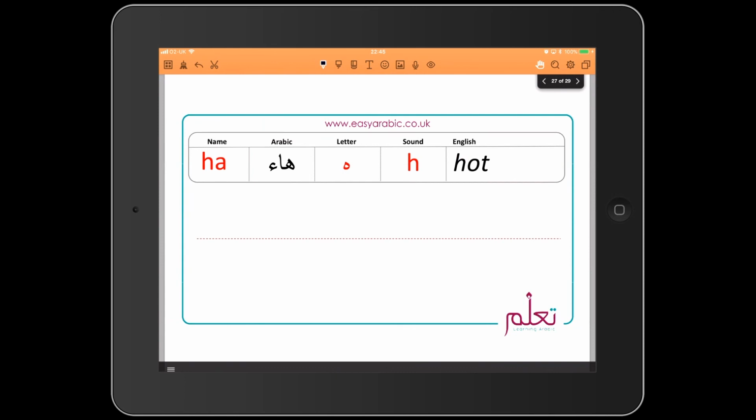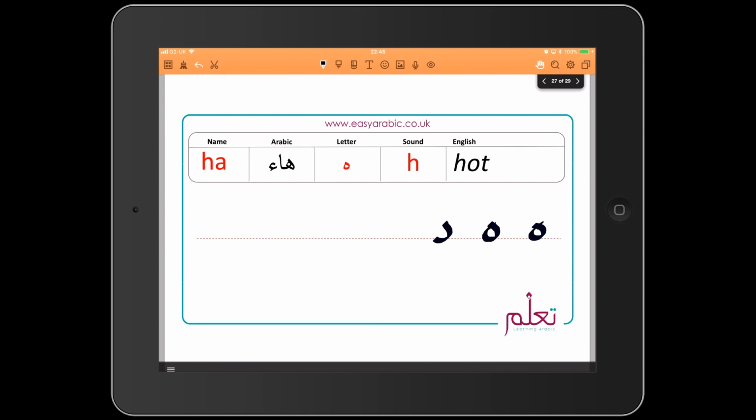The next one is the letter ha, and now this is not as harsh as the ha that we did earlier on, and the writing of this is quite easy as well. So if you were to write it, it's just like a semicircle. 1, 2. You could actually do it like that as well. Some people write it like that. So ha,